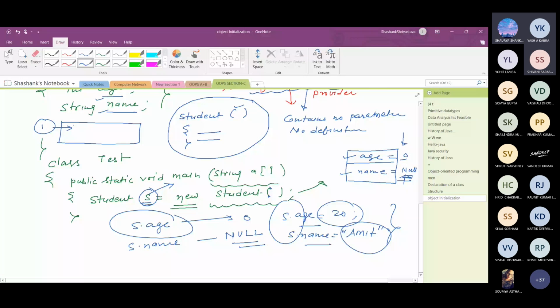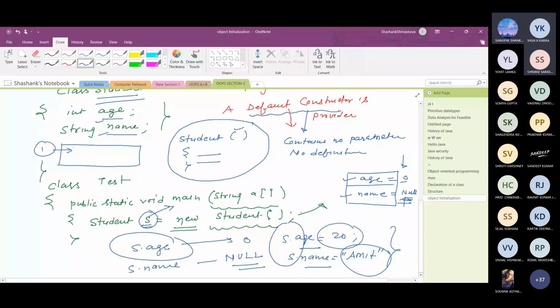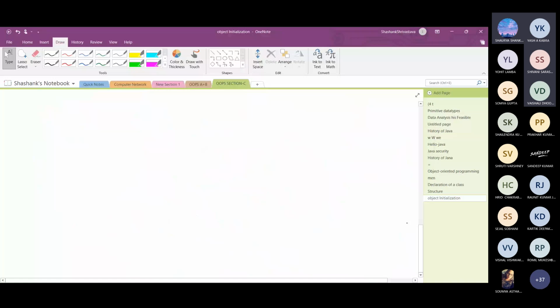Okay, this is just the case of the default constructor. But suppose you would like to initialize all the fields with the help of a constructor, how can I initialize the fields? So basically at the time of constructor calling, there is another concept of constructor that is called a parameterized constructor. Parameterized constructor is a type of constructor. The first type of constructor is the default constructor, another type of constructor is the parameterized constructor.